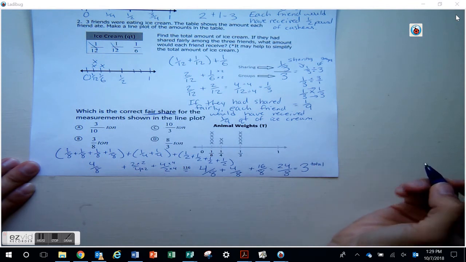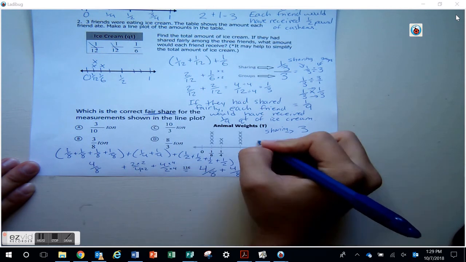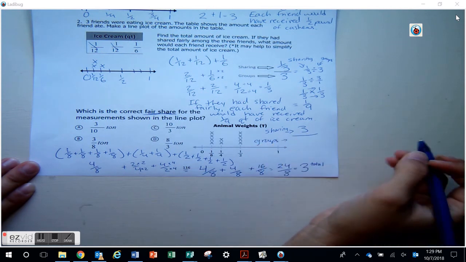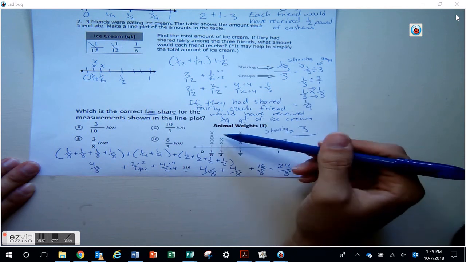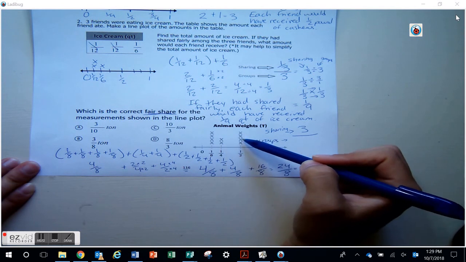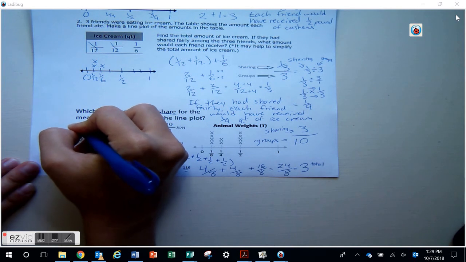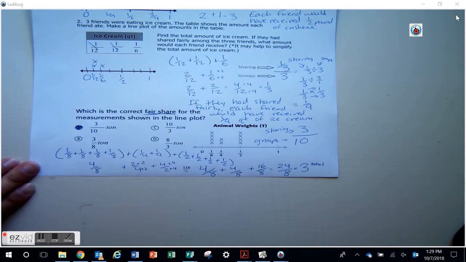Did I make a mistake here? 1, 2, 3, 4, 5, 6, 7, 8, 9, 10. Okay, so what is 24 divided by 8? 3. 24 divided by 8 is 3. I'm looking and I don't see that's an answer. Oh, that's right. I'm going to fair share. This is just my total. I need to fair share. I'm sharing my 3 with how many